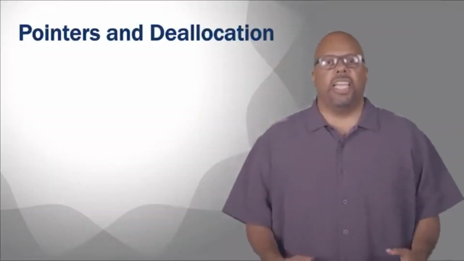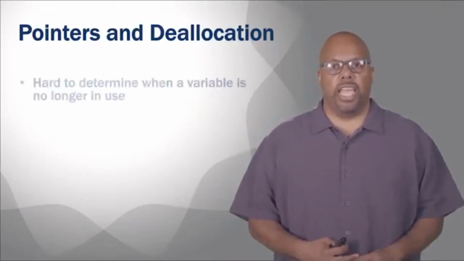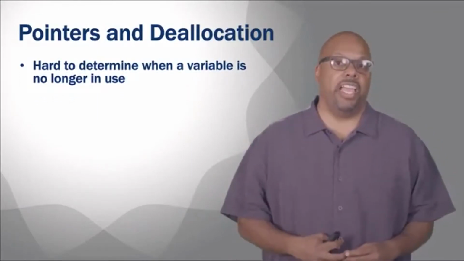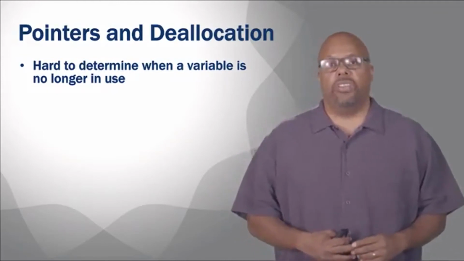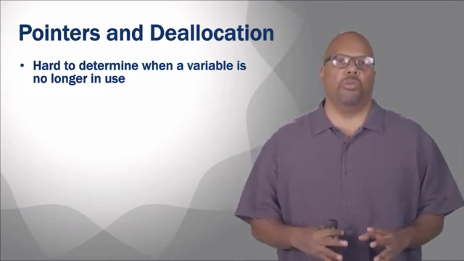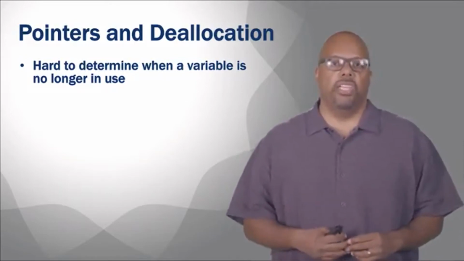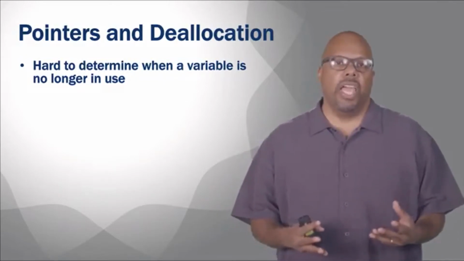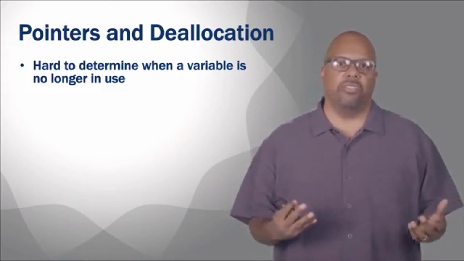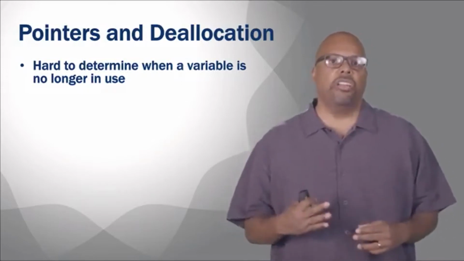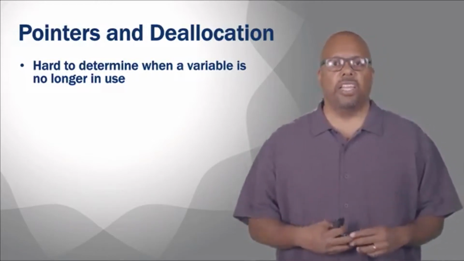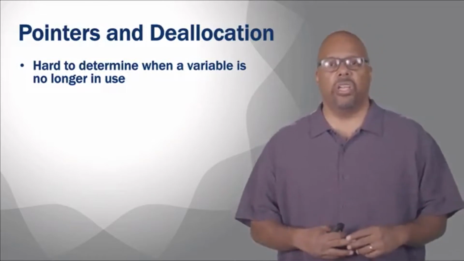So we've been talking about deallocating memory, and it can be hard to determine when it is appropriate to deallocate a variable. The reason is that you can only deallocate a variable when you know the variable is no longer in use, right? You don't want to deallocate a variable and then later need that variable that you deallocated, because then it's basically gone, right? So it's hard sometimes to figure out when it's not in use or when it is in use and so on.